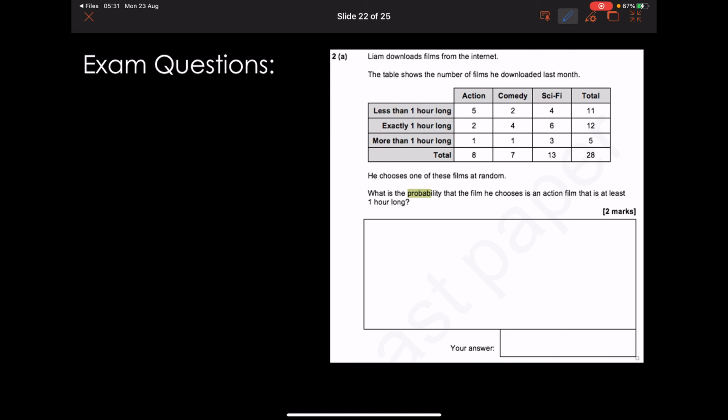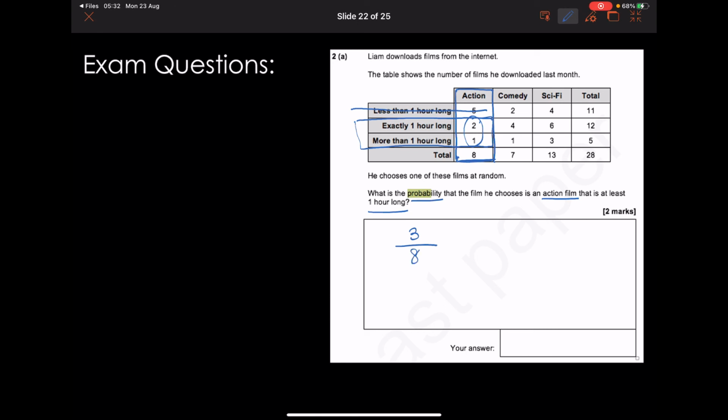Okay, if you've done that, what is the probability that the film he chooses is an action film? So here's all your action films. So look at this column here. You can start to weed out what you don't need. That is at least 1 hour long, which means 1 hour long or more. So we don't want this top one, but we do want everything else underneath that. So he's got 3 films that are action that are at least 1 hour long out of a total of